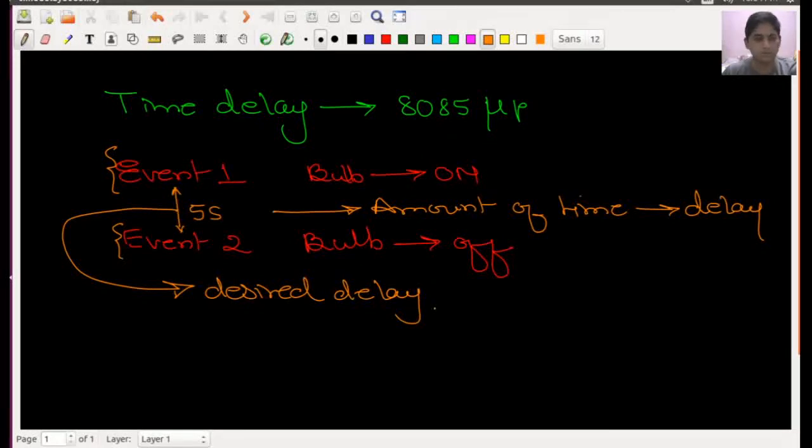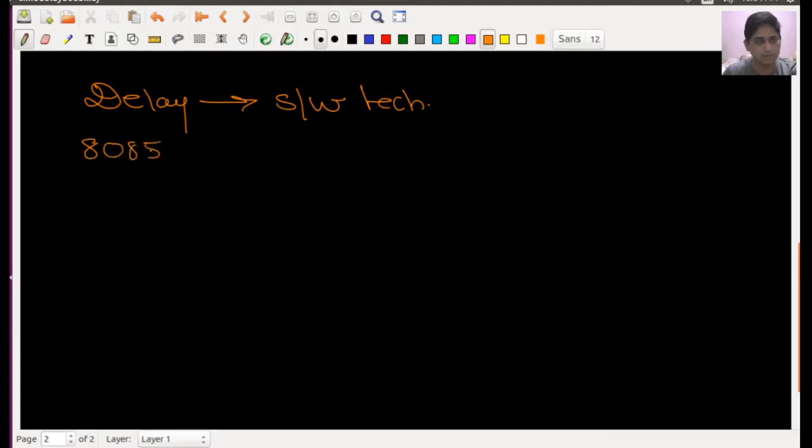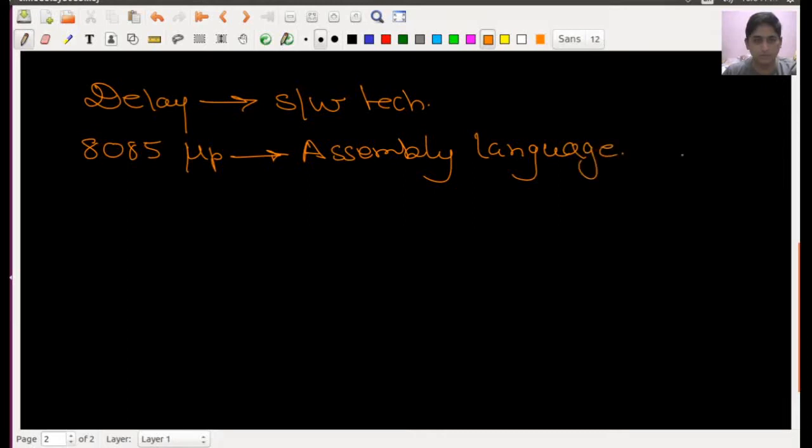Now the next important point is that first of all the delay can be introduced with the help of some software techniques. If I talk about the 8085 microprocessor, the meaning of the software technique here is using assembly language programming. Now come to a very important point: any instruction,